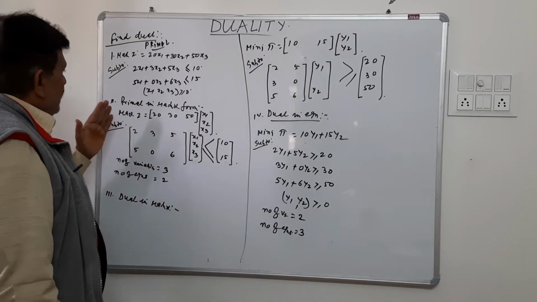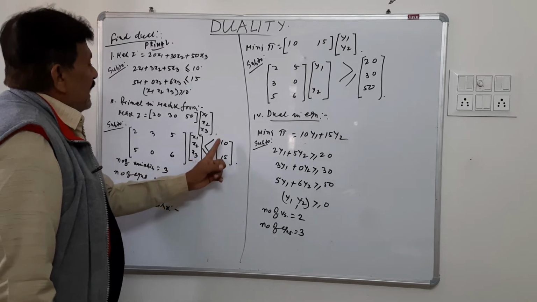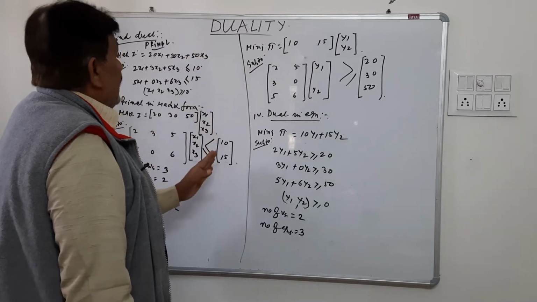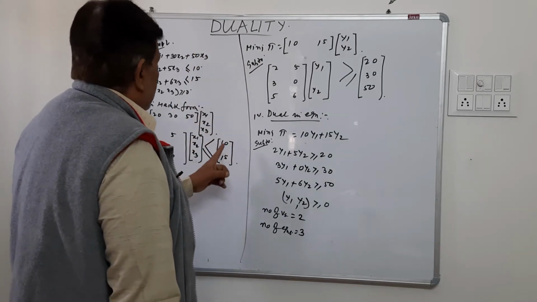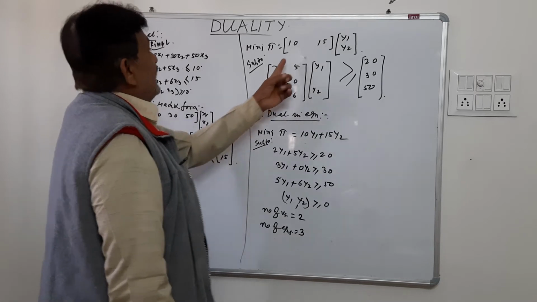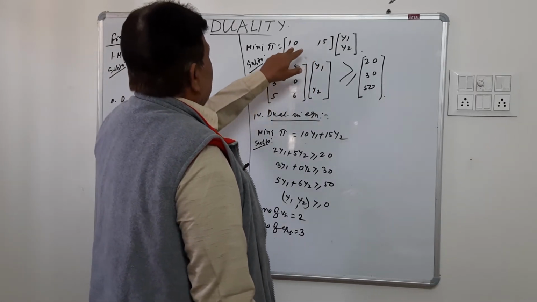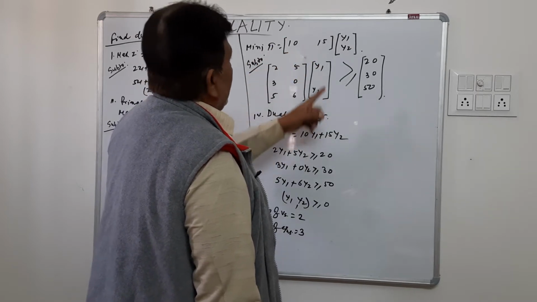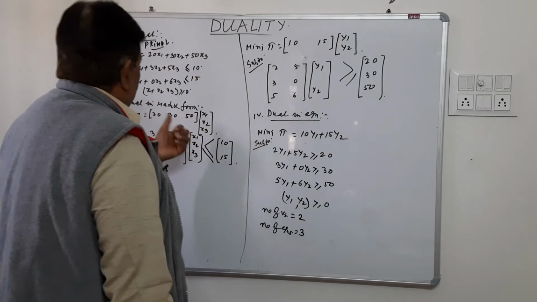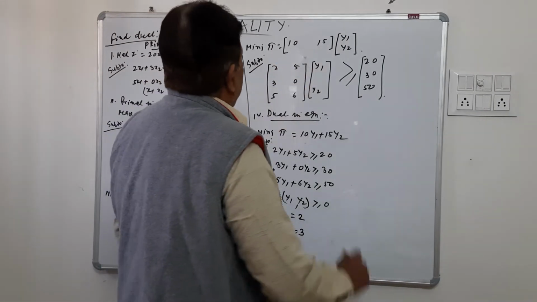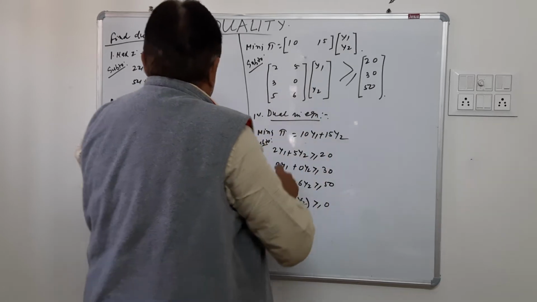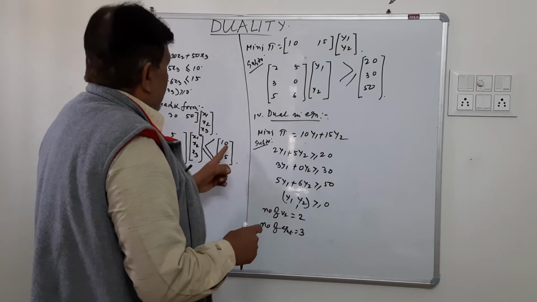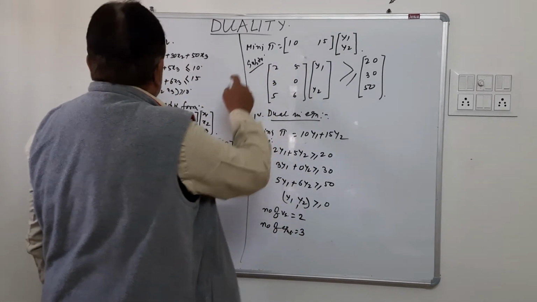Now from the primal problem, this column vector is taken into the objective function of the dual, taking its transpose. This is a column vector; here it has become a row vector, and since there are two elements in this row vector, we shall need two variables. Now we have opted for variables y1 and y2. In the primal it was x1 and x2, so this is y1 and y2. So minimize pi = 10 and 15, this goes into the objective function in a transposed way, y1 y2, subject to